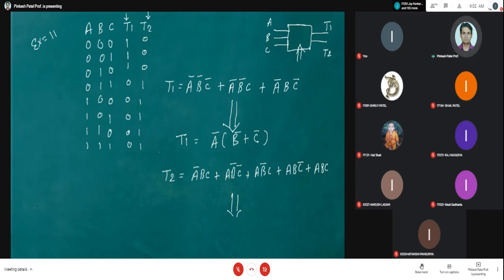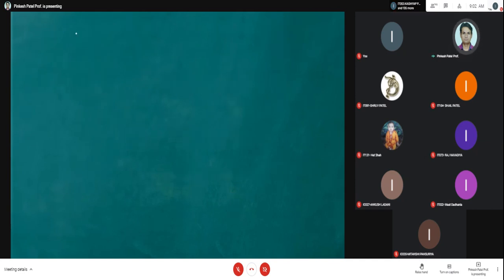Okay, let's do it together. I go to the next slide where once again I write down T1. You can write T1 as A bar B bar C bar plus A bar B bar C plus A bar B C bar. Correct? So what you can do is make A bar B bar common for the first two terms.